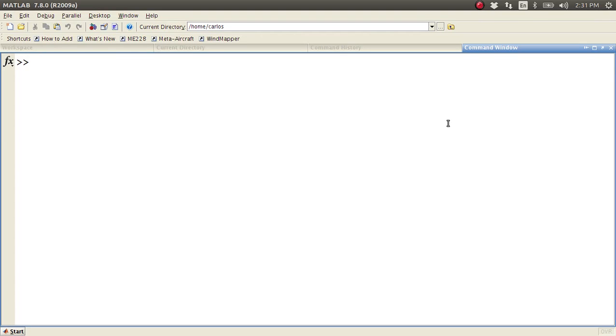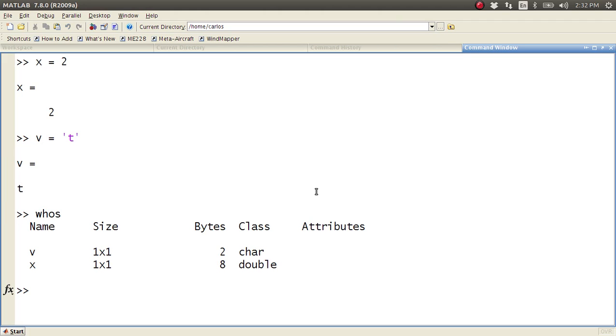Alright, this screencast will be about something called logical. So remember when I type in x equals 1, 2 and say v equals t with quotation, and I type in whos, notice that x is a double and v is a char. Now if I type in u equals 1 equals 1,